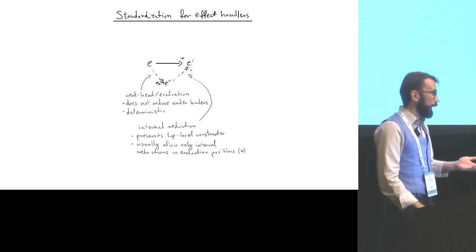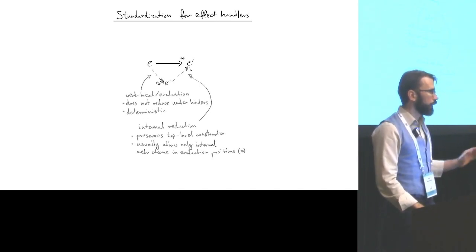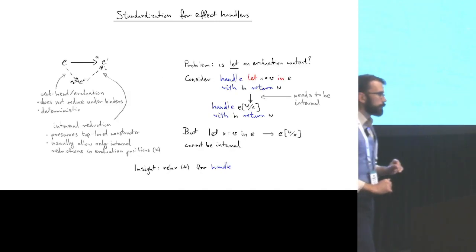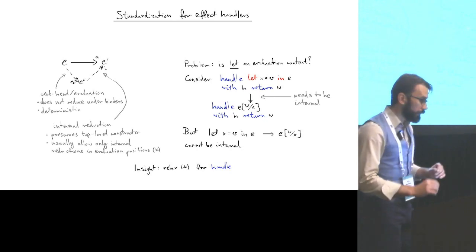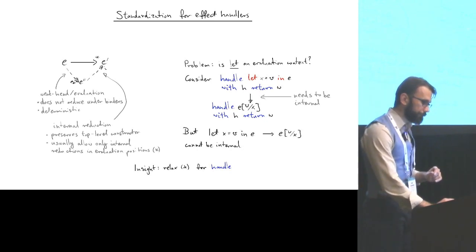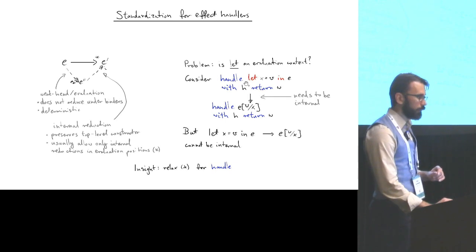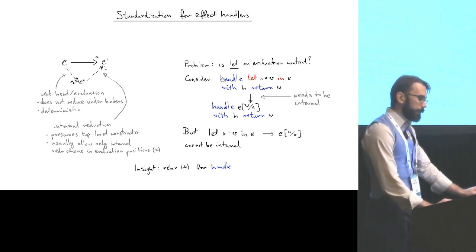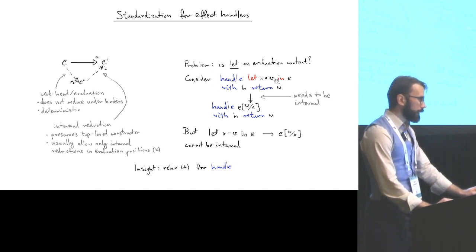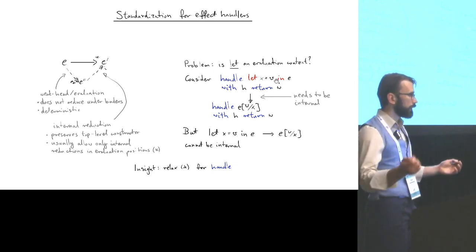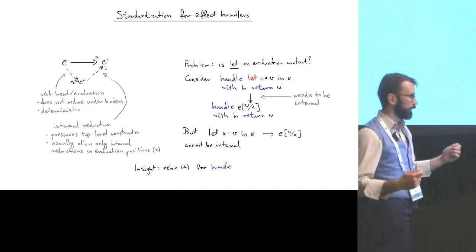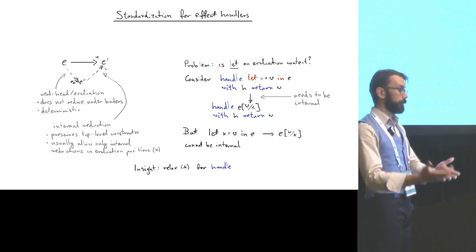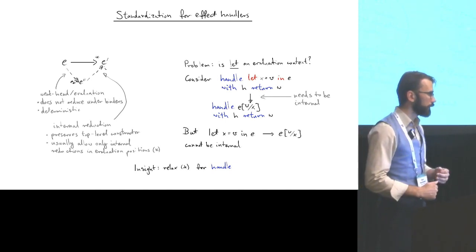So, okay, there's good methodology, well developed, just roll it out and everything will be fine, right? Well, not quite. There are these critical pairs that I talked about, and one of these is the one that we see here. If we look at the handle of a let beta redex, we can reduce this term in two ways. We can either reduce the handle with the let by the interaction rule for handle and let that we saw before, the one that duplicates the handler, or we can simply substitute v in e for x.